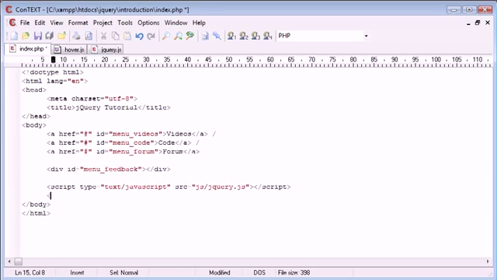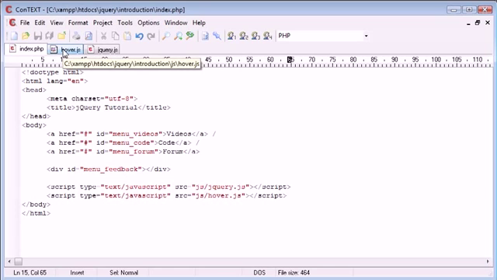The first thing I want to do, however, is create a reference to this JavaScript file I've just created. So the type is going to be text/javascript, and the source is going to be js/hover.js. So now that we've included the hover.js script into our page, we can go ahead and start writing the